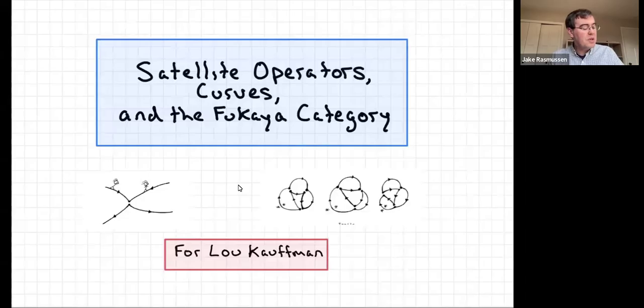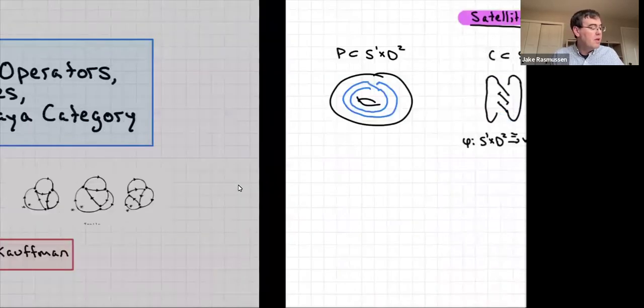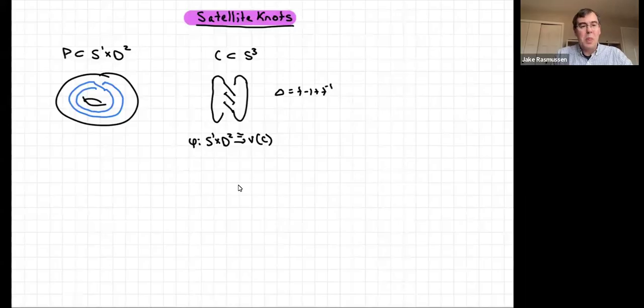Okay, so let me go ahead and try and explain what I want to talk about. The other two words in my title, curves in the Fukaya category, are maybe kind of scary, but satellites are something that I think most people who are interested in knots are familiar with. Okay, so when we think about satellites,